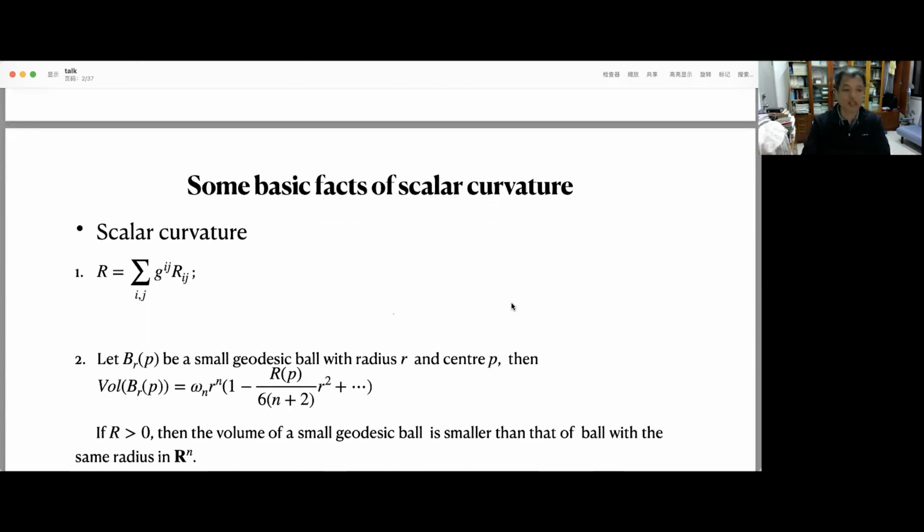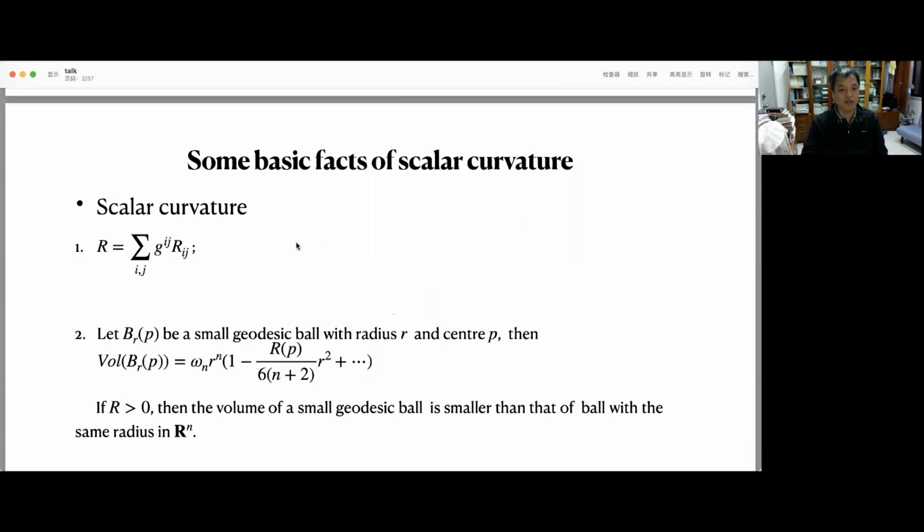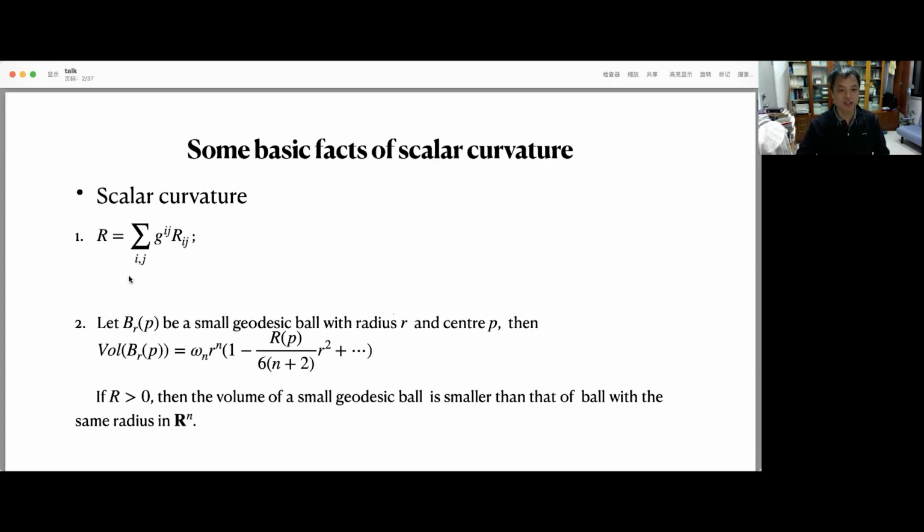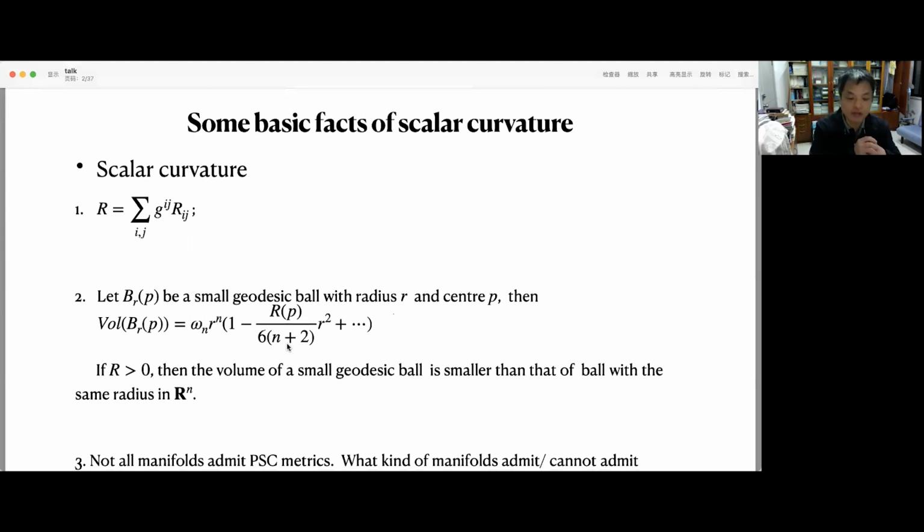By definition, scalar curvature is a trace of the Ricci tensor, which is a symmetric two-tensor on a Riemannian manifold. A nice way to understand scalar curvature is to look at the volume of the small geodesic ball, denoted by B_r(p). And here is the formula, where R(p) is the scalar curvature at p. So by this formula, we see that for any fixed small geodesic ball, the larger the scalar curvature is, the smaller